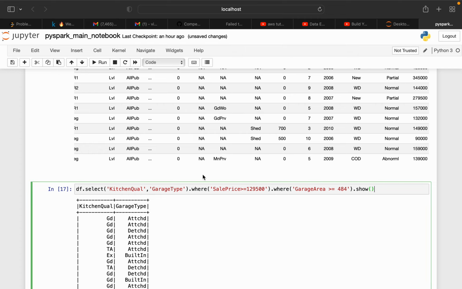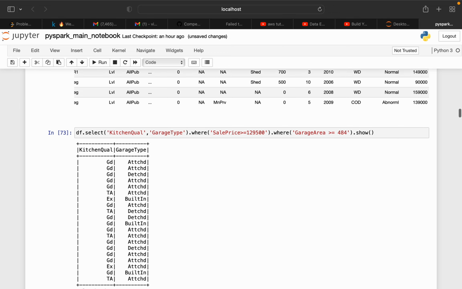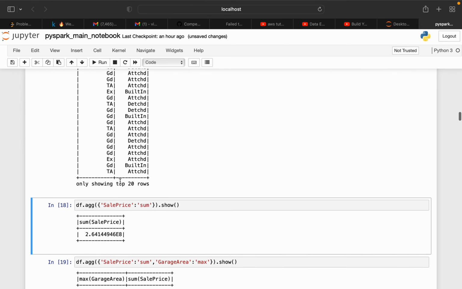So I can do df.select and pass my column names, and .where, where I can pass my condition, sale price greater than a certain amount. If you want to pass another condition, you can use another where, and in the end you can use .show to see whatever output you are getting on the console. As you can see, I'm getting both the columns.